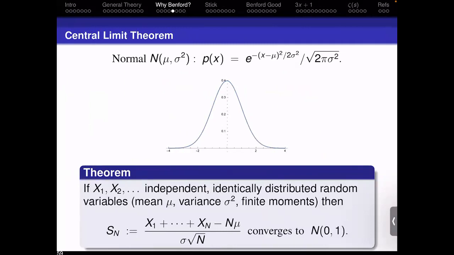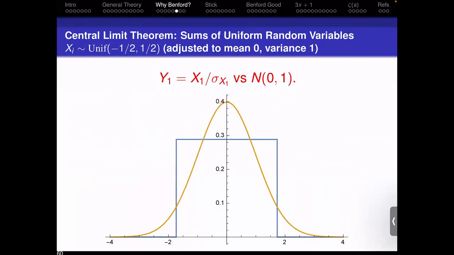One way to see this is the central limit theorem. So if I have a bunch of independent, identically distributed random variables, then the sum converges to be normally distributed. And if you want, you can subtract off the mean, and you can divide by the standard deviation so it converges to the standard normal. Doesn't really matter. And so just to see how quickly this goes in practice, let's look at sums of uniform random variables. If I take just one uniform random variable normalized to have variance 1 and compare that to a Gaussian, it's not great, it's not horrible.